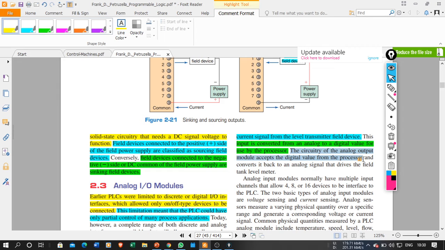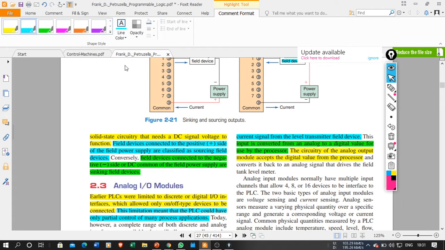ओके, आउटपुट मॉड्यूल काय करेल, तो डिजिटल व्हॅल्यू, कारण प्रोसेसरचं आउटपुट पण अॅनालॉग नाहीये, प्रोसेसरचं इनपुटही डिजिटल आहे आणि आउटपुट पण डिजिटल आहे. Okay, so the processor circuitry will accept the signal, execute the signal in the digital form and give the output in digital form.